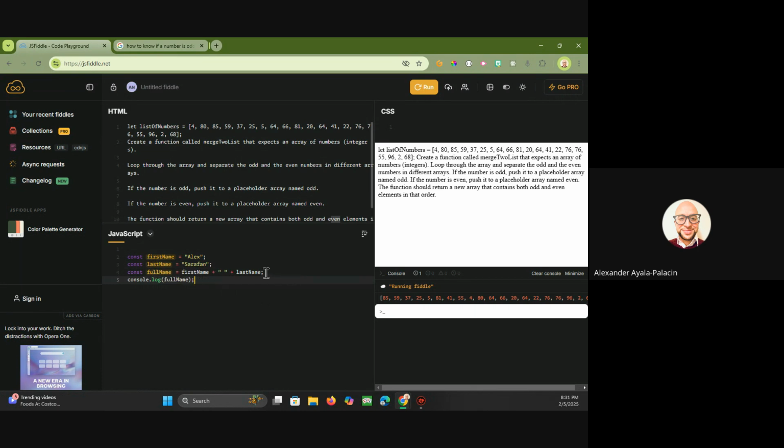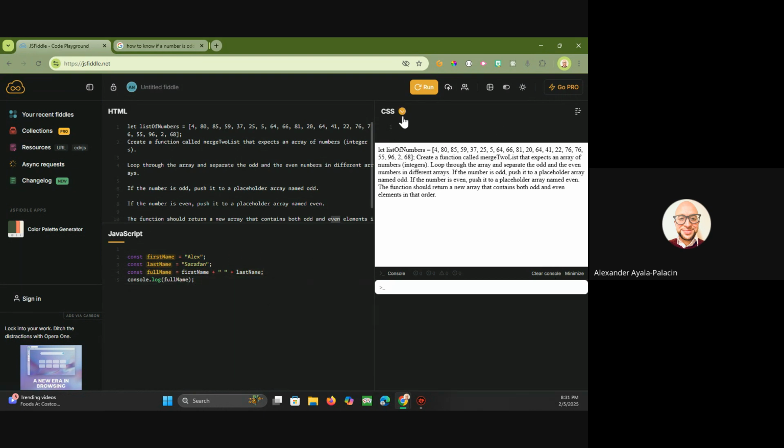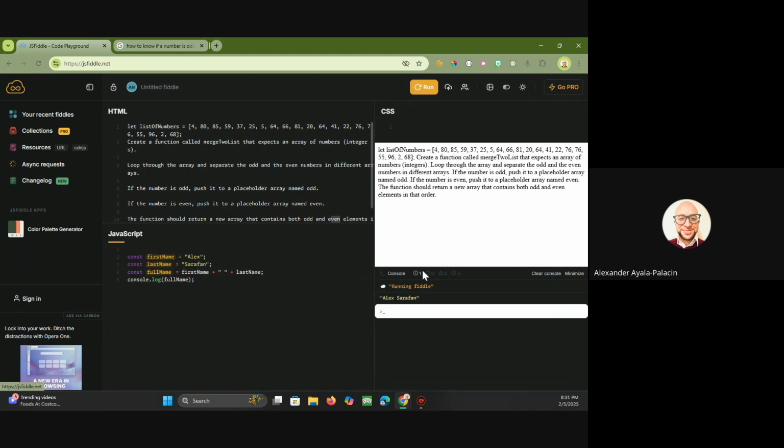So you could do this concatenation. You get the variable, you add a space, and then you add the last variable, and then you get the full name, and it goes like that. And so an alternative to that would be backticks,